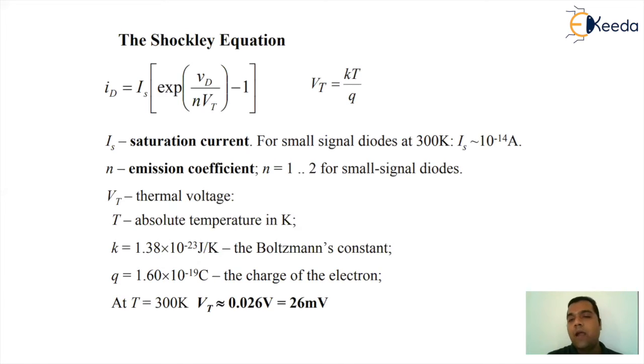Now, when we look at the reverse saturation current, under ideal behavior we say that a diode never conducts, so the value of IS was 0. But under a practical situation, we do get a very, very small current under reverse bias. That current is called the reverse saturation current, and the approximate range will be around 10 raised to minus 14 amperes. So this is regarding the introduction for the diode and the Shockley's equation for the diode.